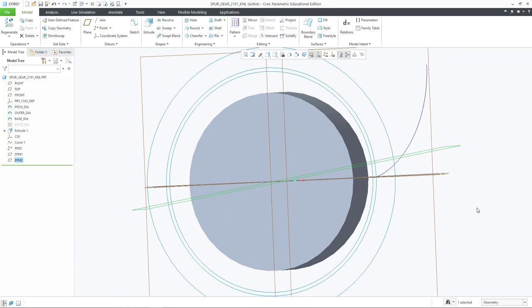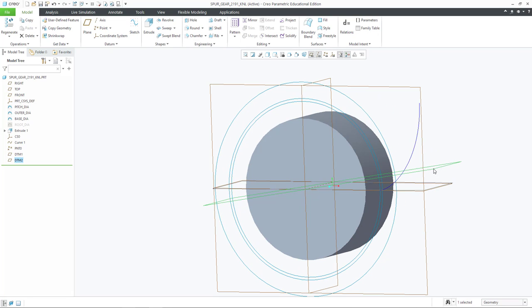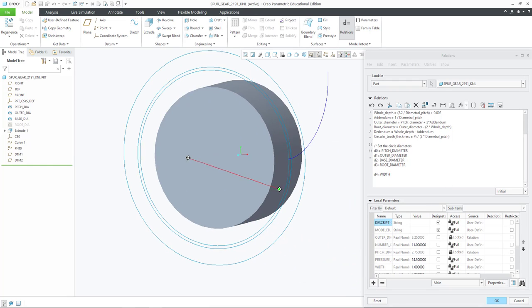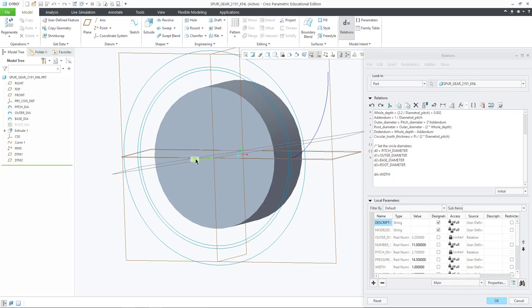All right. So the angle to this plane is going to equal 360 degrees divided by the number of teeth